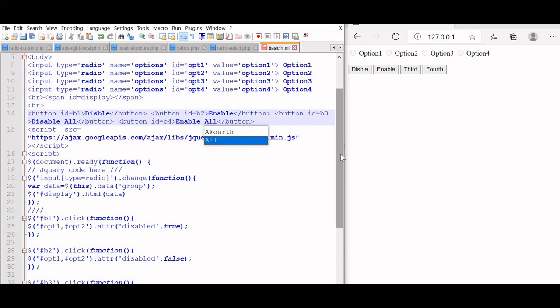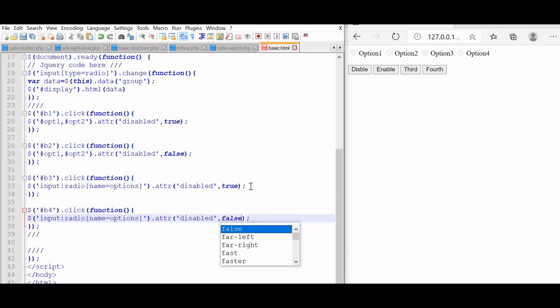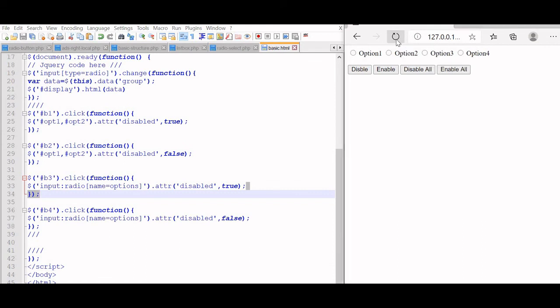Now let us come down to button 4. What we will do, we will just copy this, paste it here, and this true will make it false. Fine. Now let us save this, come here, refresh it.